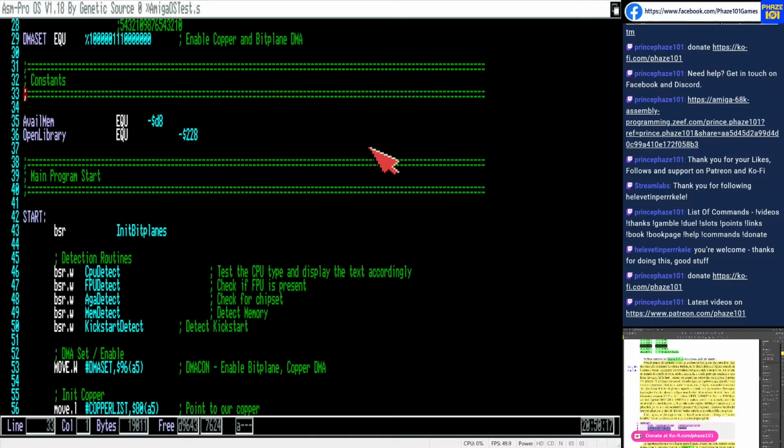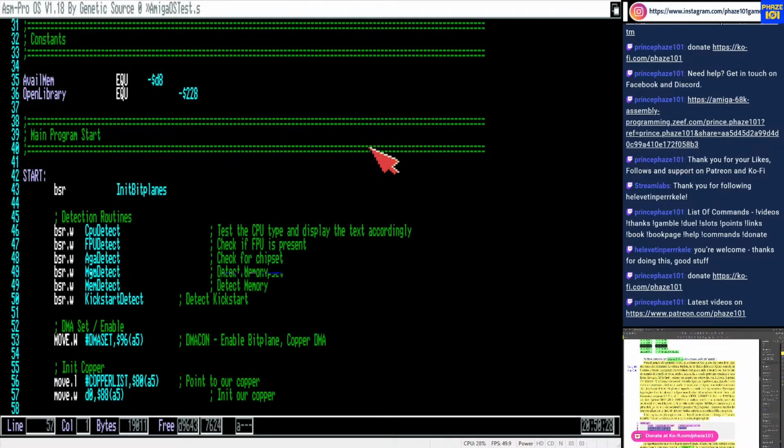Here I start similar to him. Okay, I initialize the bit planes, but then I have my detection routines. Okay, you are going to see,